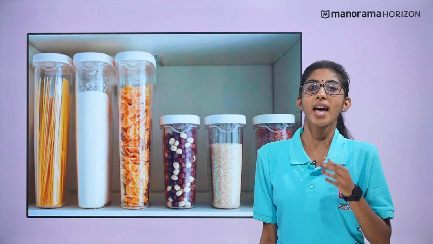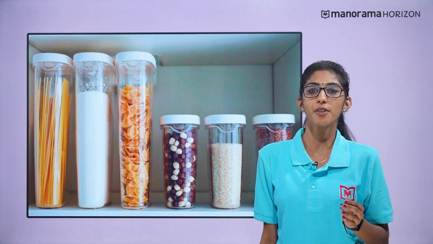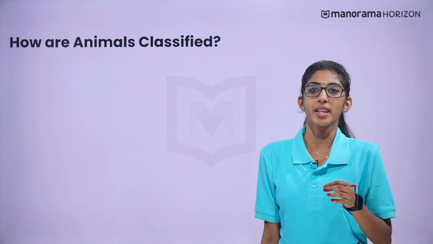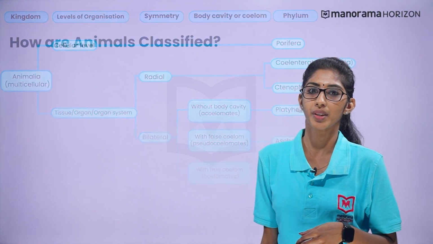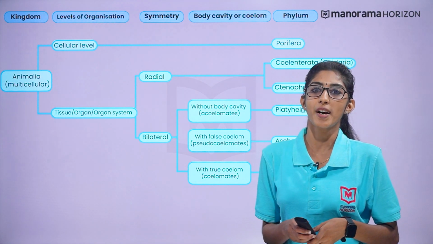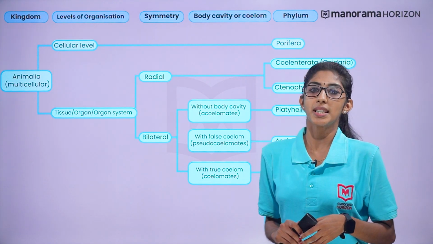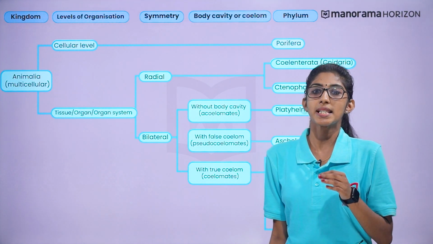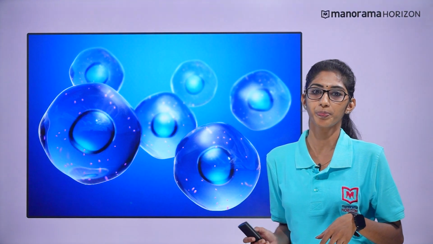So, to classify animals, scientists developed a system to categorize and identify animals according to their common traits. Let's take a quick review of the different bases of animal classification. Classification of the animal kingdom is based on various fundamental features like levels of organization, symmetry, diploblastic and triploblastic organization, coelom development, segmentation of the body, and presence or absence of notochord.